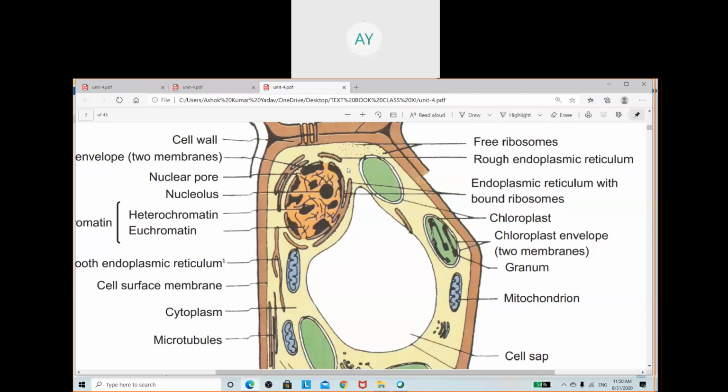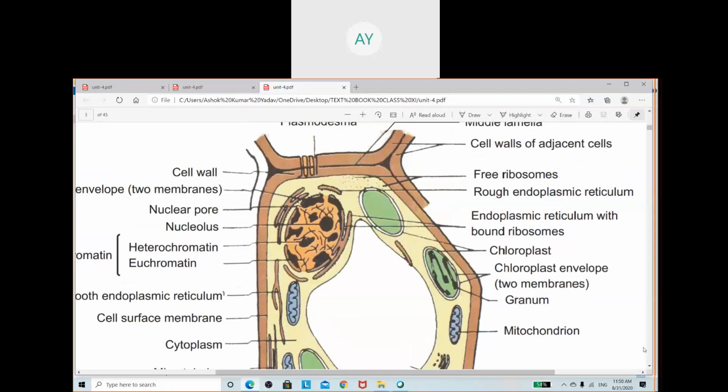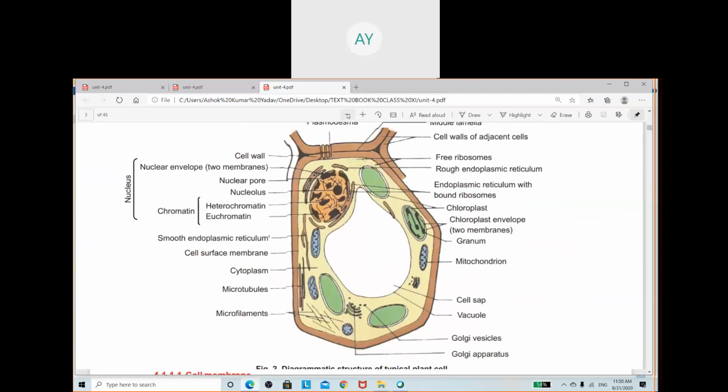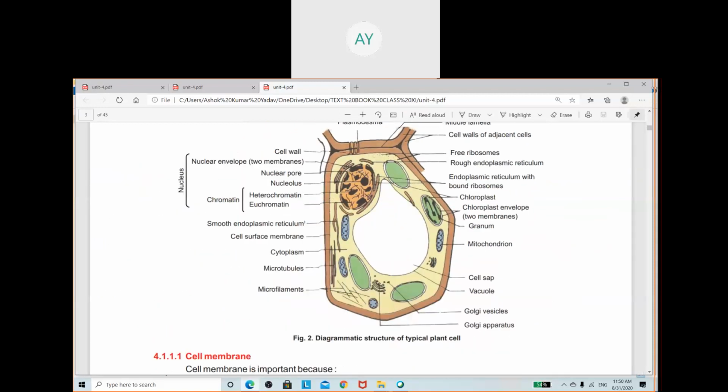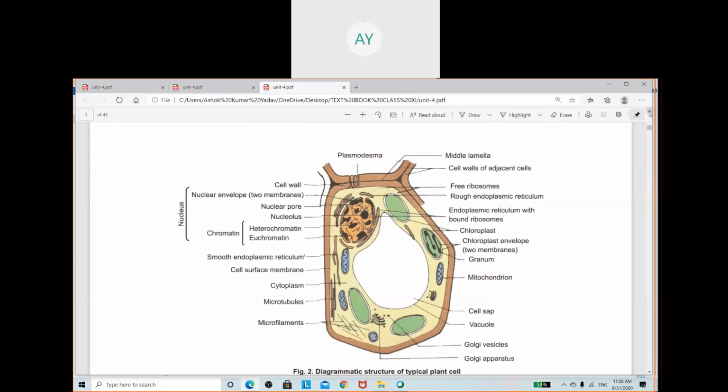So all of you must try to know what the different organelles present in the cell are. So this is the first objective of this chapter. Try to know what the different organelles present in this cell are. So first is the